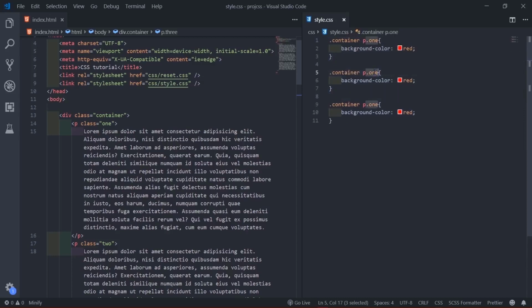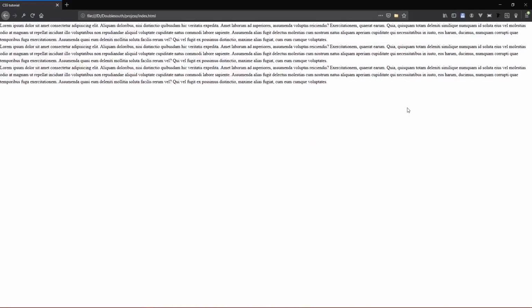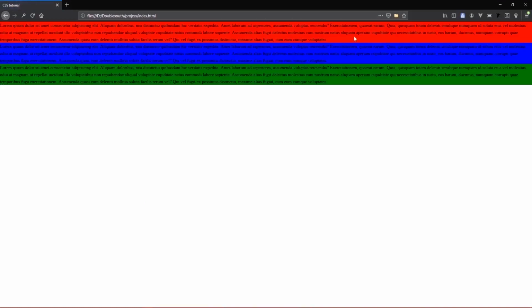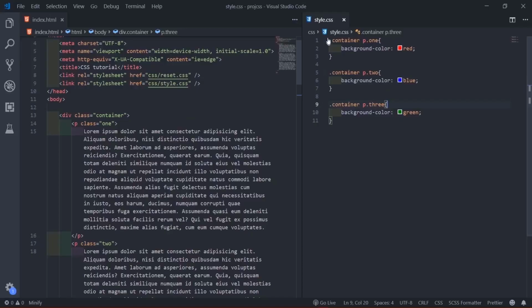Then I'll duplicate it, change one to 2 and another to 3, giving this one blue and this one green. Now you can differentiate all three of them.